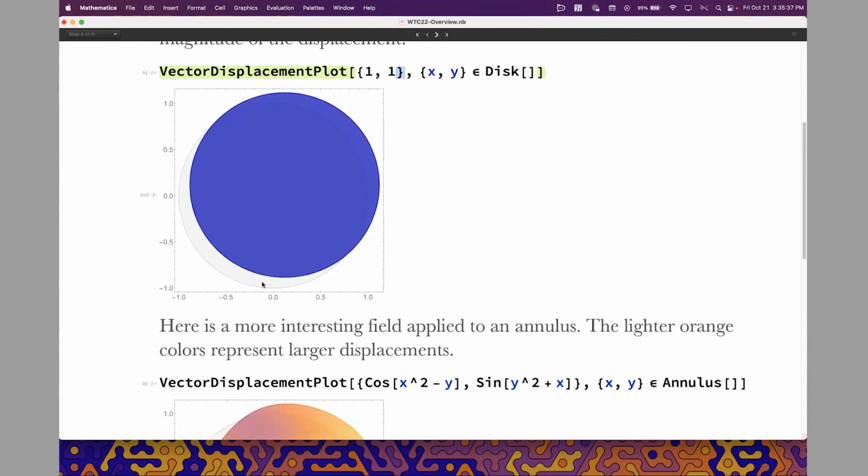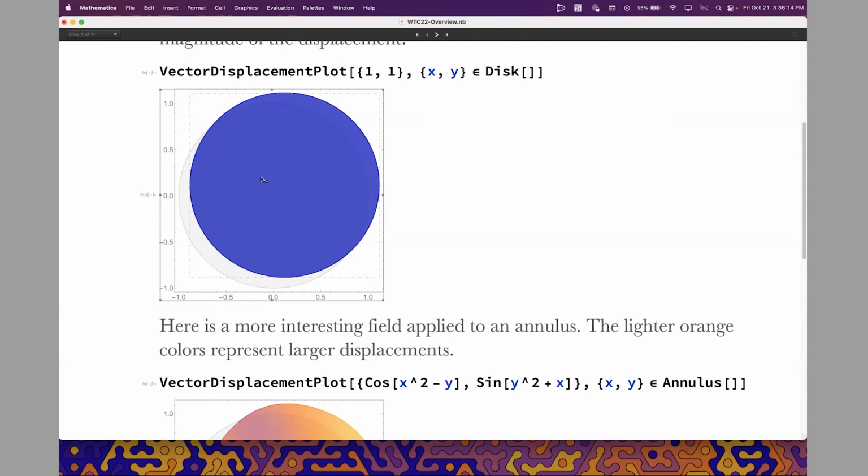And what we see is the effect of this vector field. We're starting with our actual disk, which is centered at 0, 0 with radius 1. And that's sort of ghosted in as a background element. And then we look at the displacement plot, which is a representation of that disk being shifted up to the right. By default, it's not being shifted up by 1 and over by 1, because we want something that is